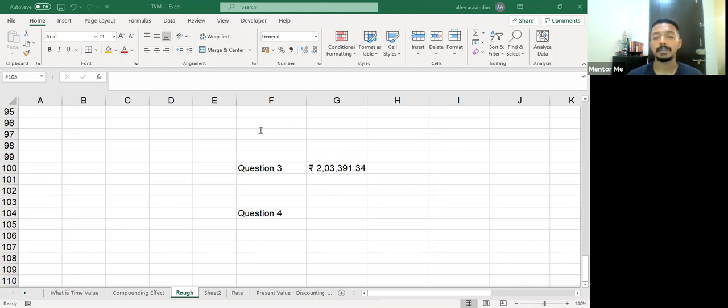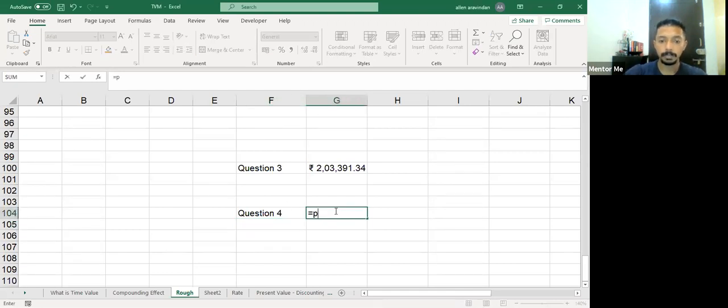What is the value of this annuity? The 6% is the rate they are giving. When they ask for the value of the annuity, it means the present value of these future cash flows. 8,000 is your future cash flow for 5 years. What is the present value today? Because 8,000 in the future has no meaning by itself; what matters is its value today. To find that value, 6% is given, and most likely this is the assumed inflation rate.